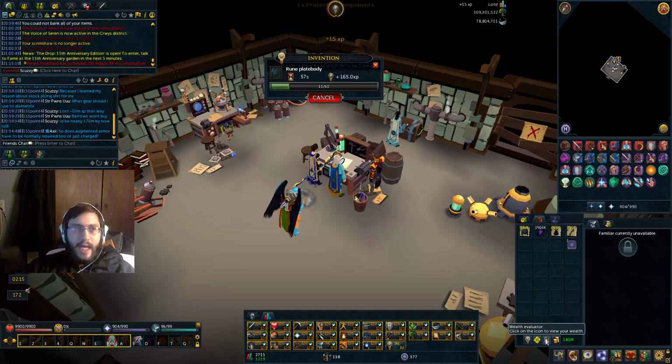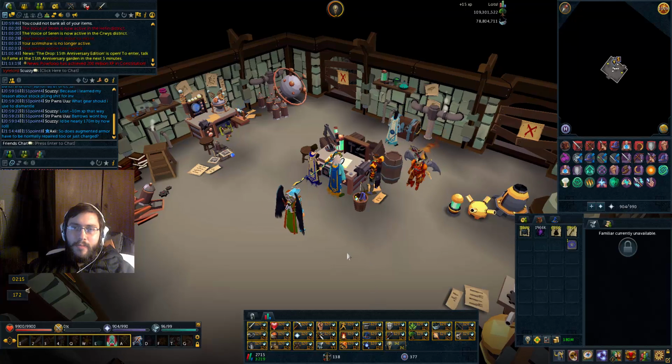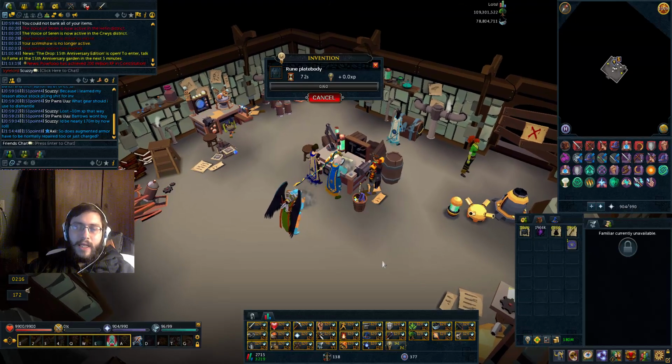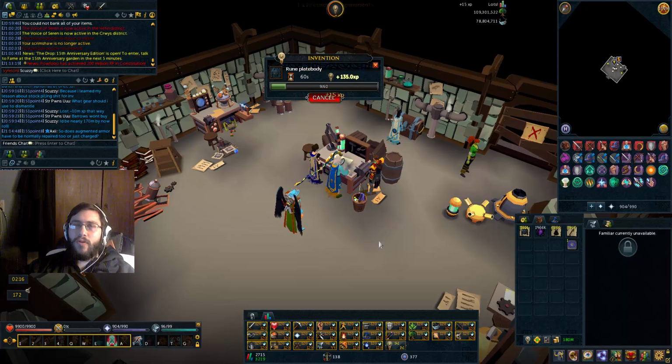Well, first I want to take a look at my money pouch, and as you can see here, I have just under 5 billion, and that's not all that I have left. I have some more money on some of my other accounts, but yeah, most of my bank was depleted from Invention. And when I was doing preparation for Invention, and this past whole, not this past year, yeah, 2015,